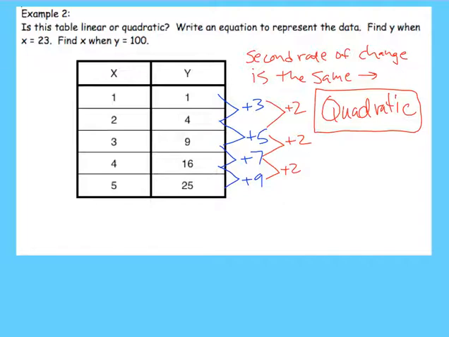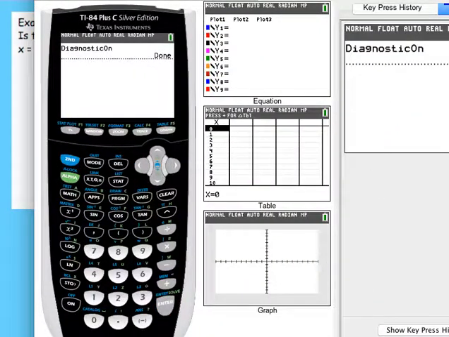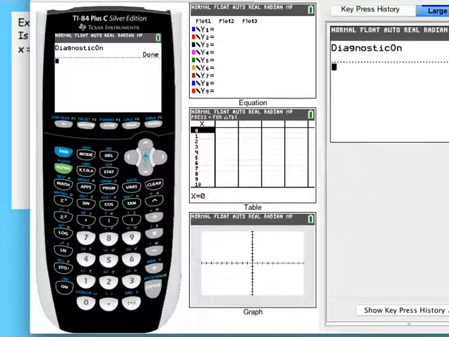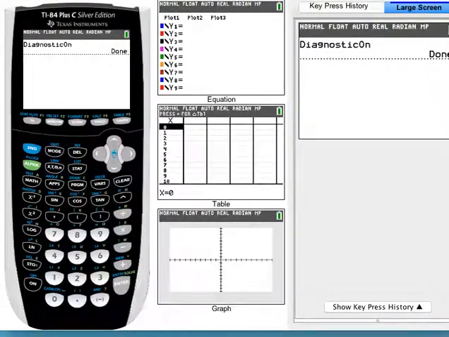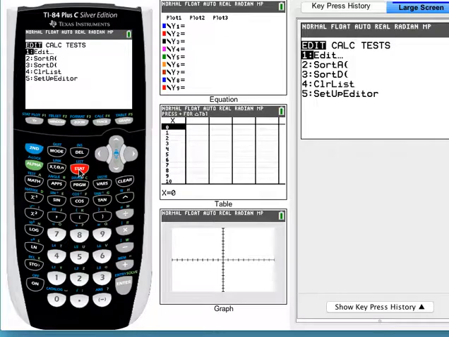Okay, so let's go back to the first one. The next part says to write an equation to represent this data. So that's what we need our calculators for. Let me see if I can make this whole thing fit. That might be as small as it gets. Oh wait, I can scoop this over. There we go. Okay, so what we do is we go to Stat,